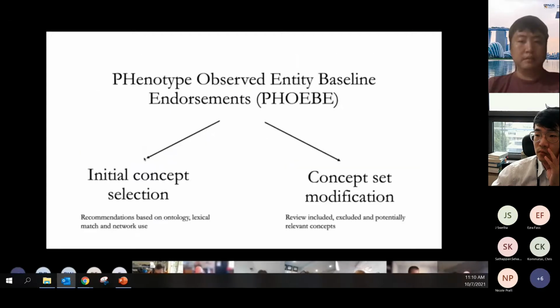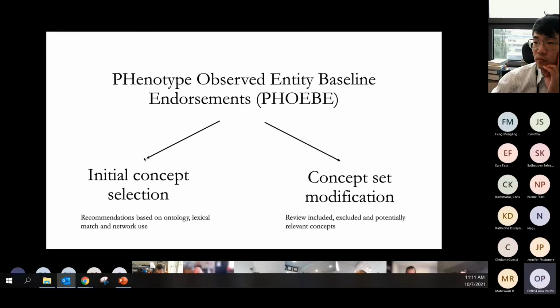With that in mind, for researchers like us, we created, and by we mean the OHDSI community, a tool called Phoebe. Phoebe will help you define your initial starting point in your concept set selection, and then it will help you modify your concept set to make sure that you included all relevant concepts and excluded things that do not really go with your clinical idea. And to show that,